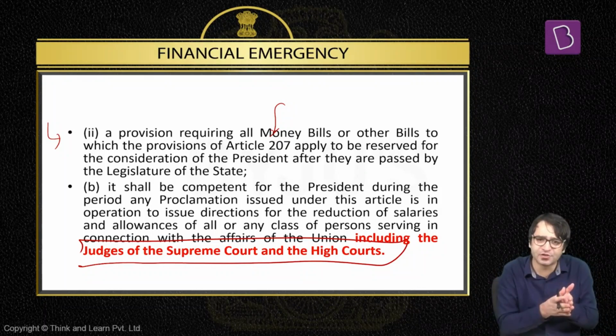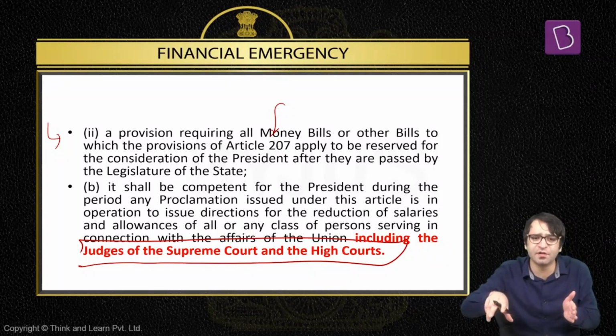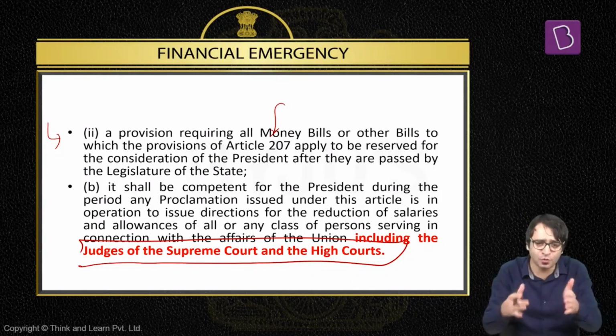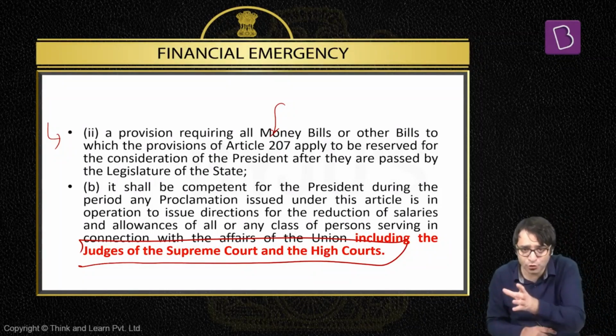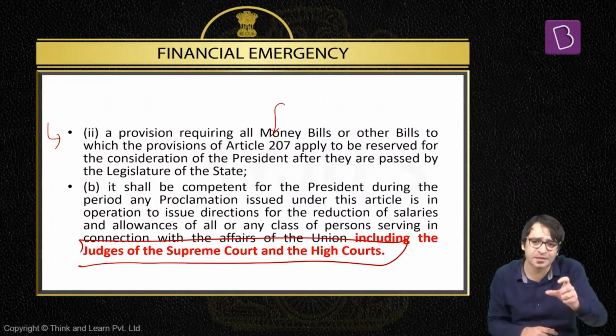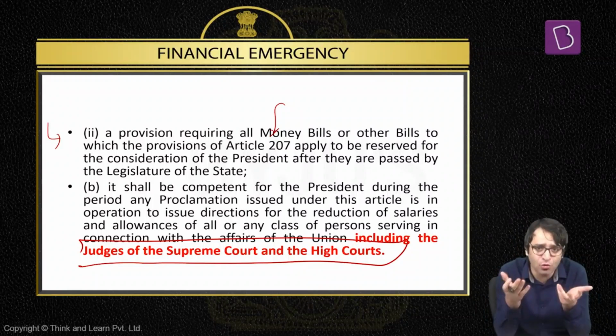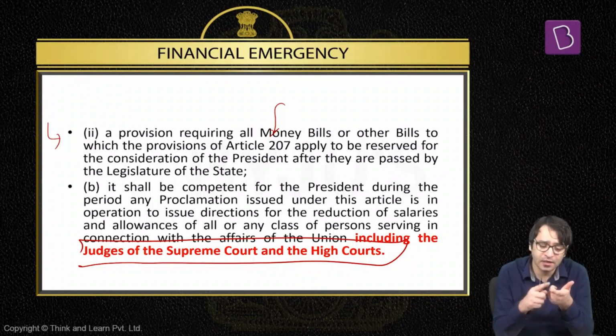But if Lok Sabha approves financial emergency, Rajya Sabha does not, financial emergency will be revoked. If Rajya Sabha approves financial emergency, Lok Sabha does not, financial emergency will be revoked. Once both houses of the Indian Parliament approve by simple majority this financial emergency, that too within 2 months of its proclamation, financial emergency continues unless and until it is revoked by the president. But what happens during financial emergency, we don't know. Number one, it has never been imposed in this country. Number two, neither in 1991, nor in 2008, 2009, nor during COVID-19, was financial emergency imposed.